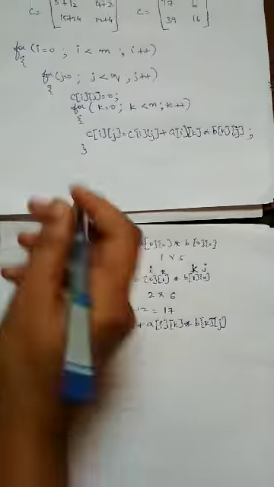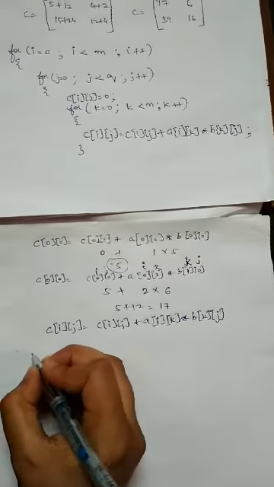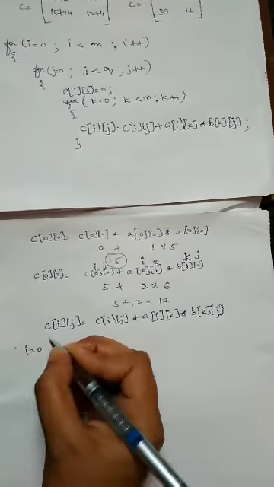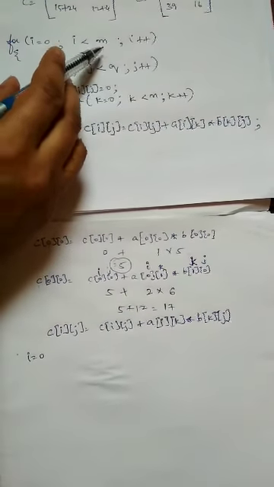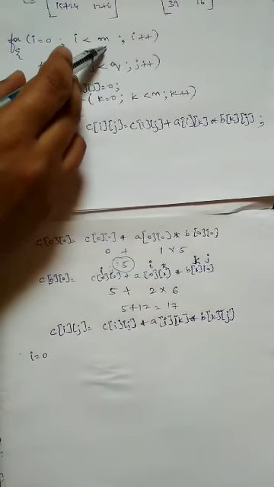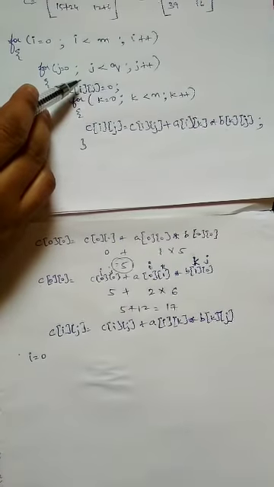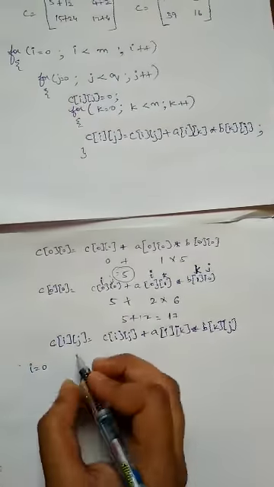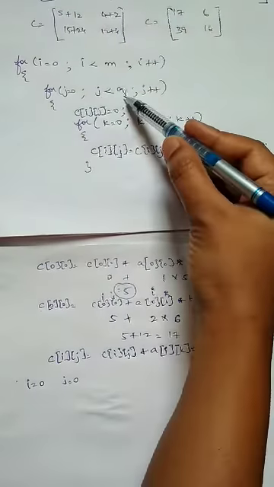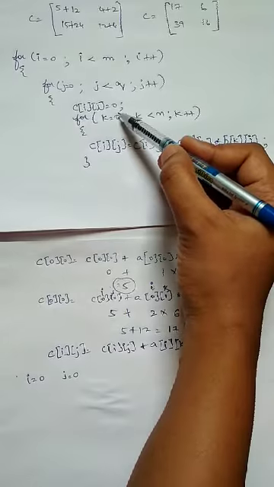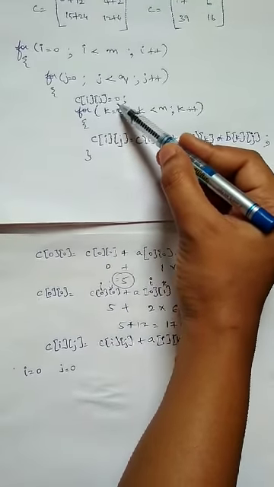If I go in this way, according to the code, initially i is 0, right? So i is less than m. Okay, 2 if I take, and 0 is less than 2, it is true. So you are going to get inside the j loop. j is 0 now. So j is less than 2, okay, 0 is less than 2. So you will come inside, and C of ij is initialized to 0.